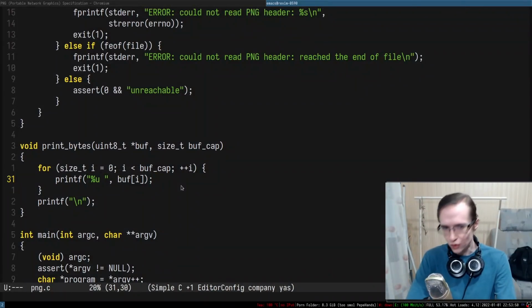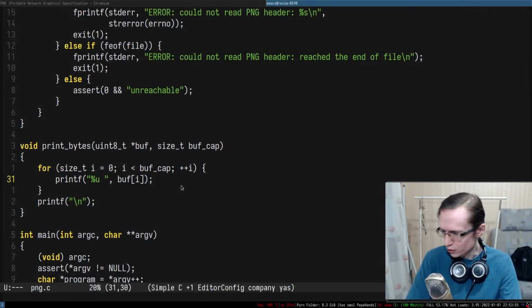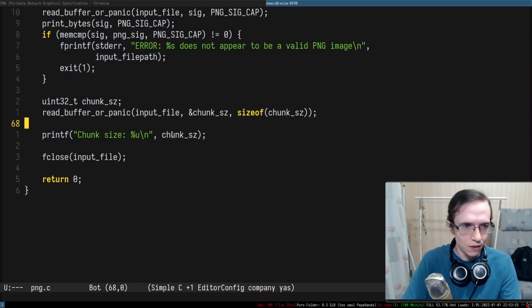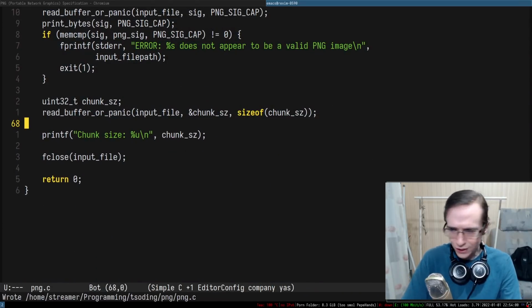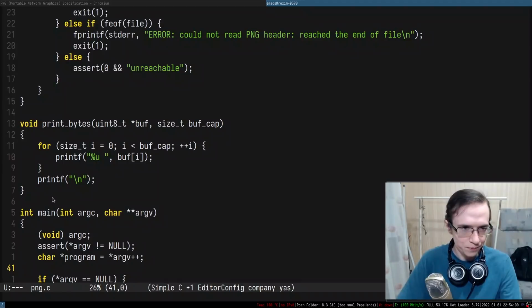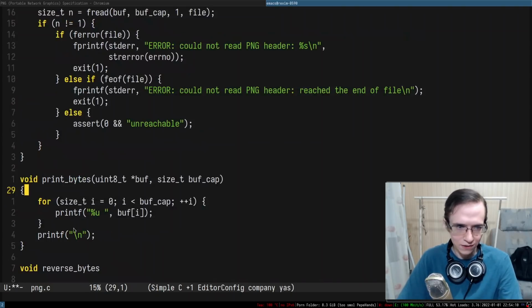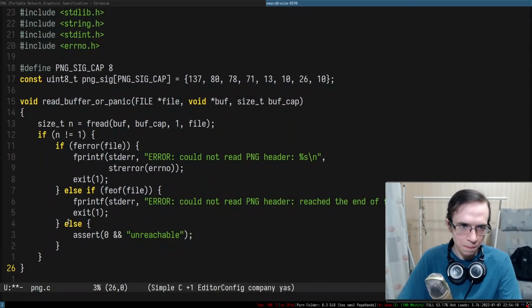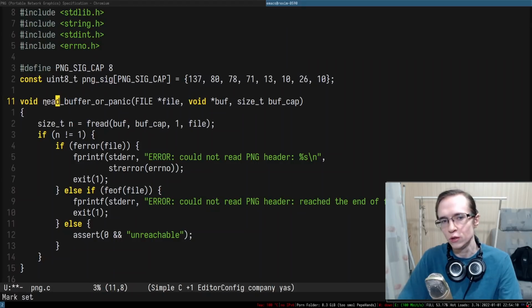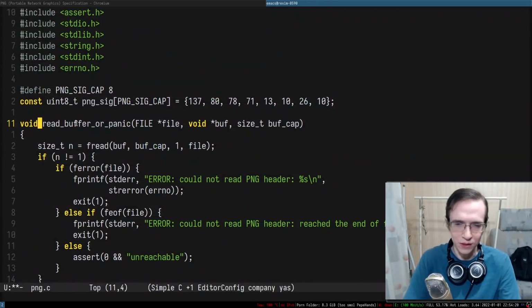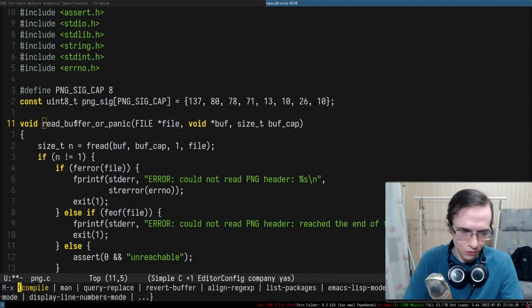So to make it correct, we essentially need to reverse the bytes, right? So let's go ahead and try to reverse them. Maybe we can have some sort of a function called reverse bytes, because why not? You can print bytes, you can reverse bytes. Maybe because of that, this function should be called read bytes or panic, right? Because you basically print bytes, reverse bytes, and so on. I think it makes sense for consistency,